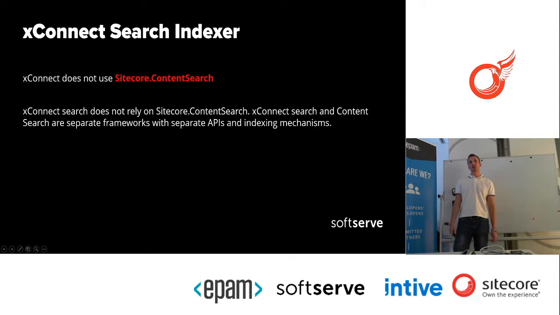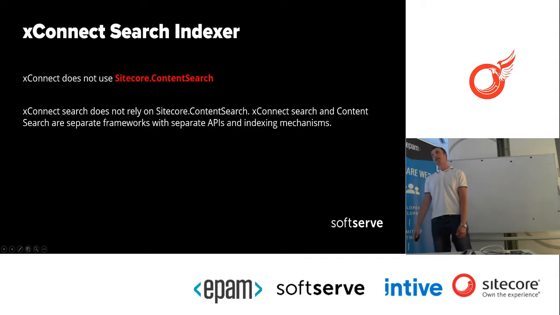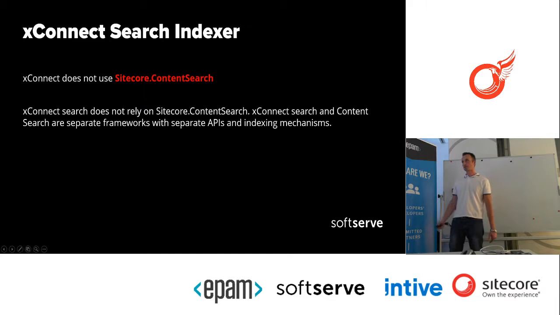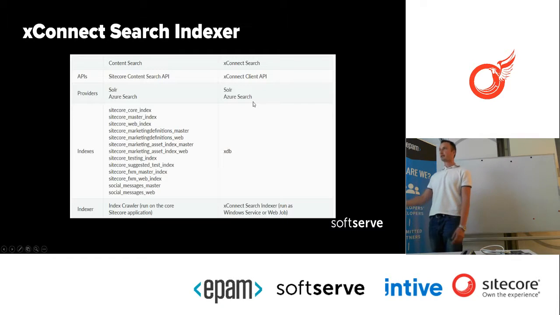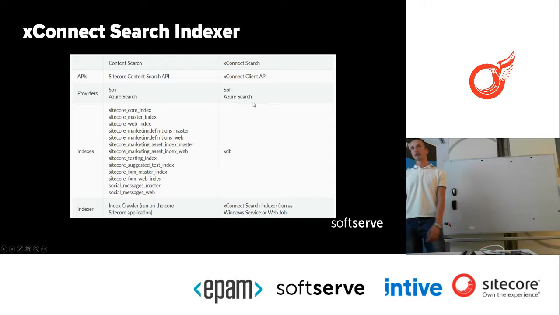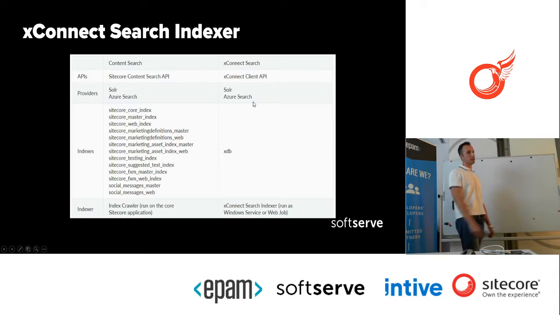The second thing that should be highlighted here is that eXtremeConnect search indexer, or eXtremeConnect search, doesn't use the Sitecore content search. So we have to be aware that we've got two searches in Sitecore 9. And this is a great slide, I think, the table that shows us that. There is the content search, which is indexing what you've got in the master database and so on. And you've got the eXtremeConnect search, a completely different namespace with the information from the XDB, so it's a totally different scope.